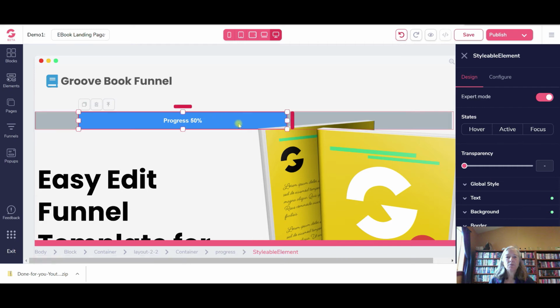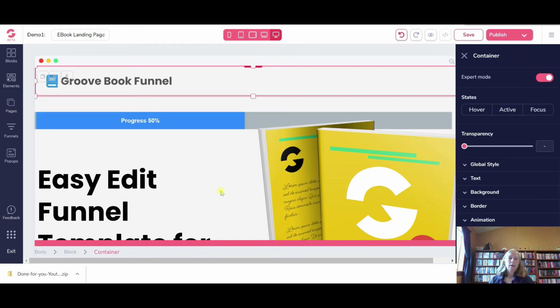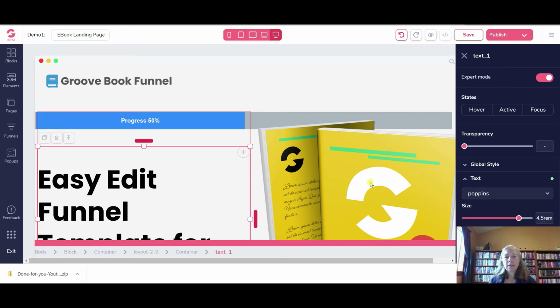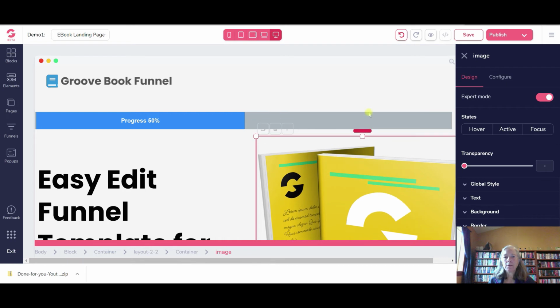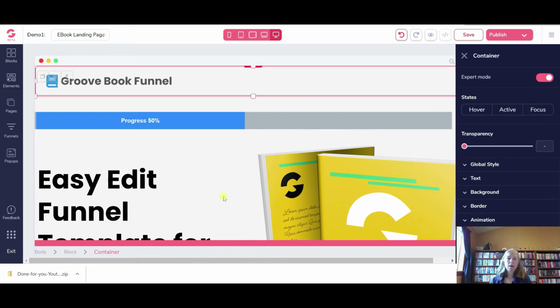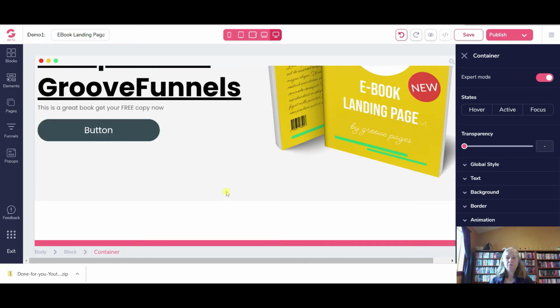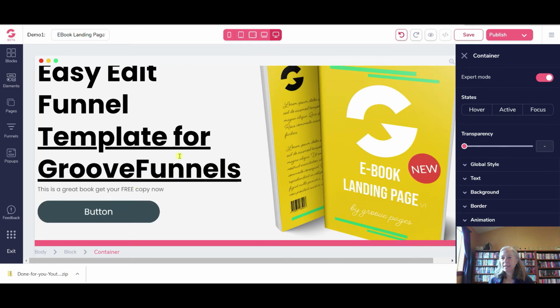Progress is 50%, and actually I do want it moved back to the left hand side. Let's go right about there. And okay, so now I've got that. Now this book thing here, let's see if we can move it down a little bit. There we go. So it's not running into my bar. Perfect, perfect. There we go. So that is done there. So we want to save changes. So we've connected up a pop-up,